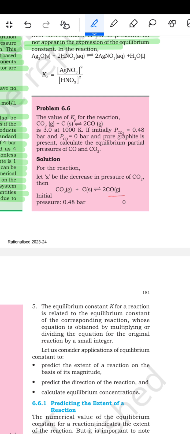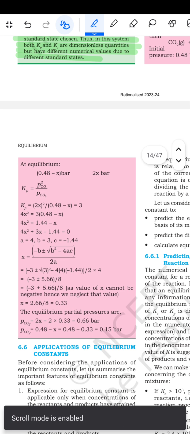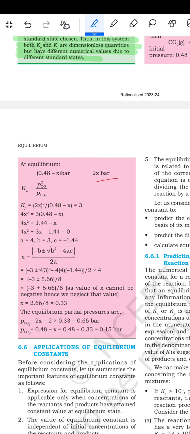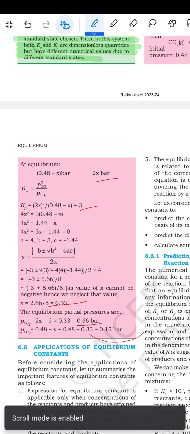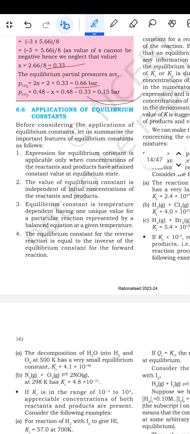तो इनिशियल प्रेशर कितना है 0.48 बार। तो 0.48 माइनस x और 2x आ जाएगा। तो (2x) का स्क्वायर बाई (0.48 माइनस x) तो कितना आ जाएगा 3। तो यहाँ से जो वैल्यू आ जाएगा x का वो आ जाएगा 0.33। तो इक्विलिब्रियम पार्शियल प्रेशर कितना हो जाएगा, P of CO आएगा 0.66 और P of CO2 0.48 माइनस 0.33 यानी कि 0.15 बार है जो इसका आंसर आएगा। अब बात करते हैं एप्लीकेशन ऑफ द इक्विलिब्रियम कांस्टेंट की।